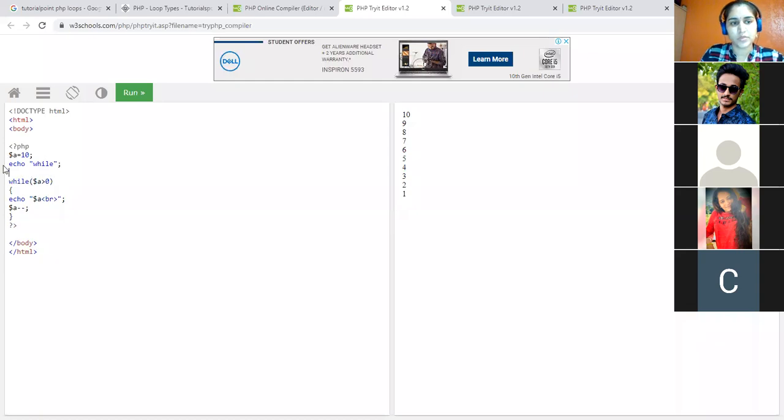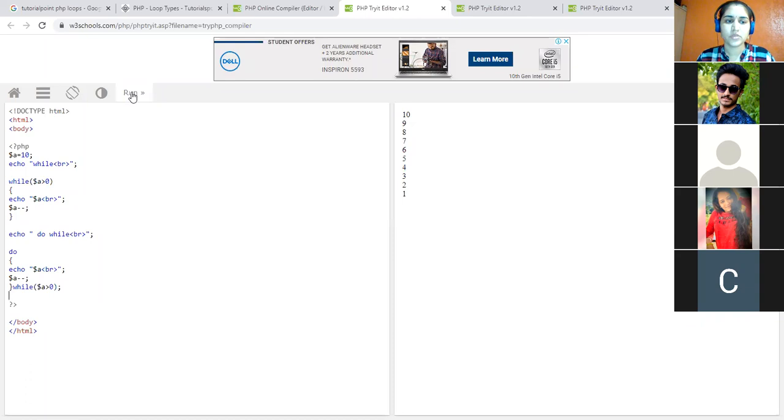Now suppose I want to display in do while. I'll tell you what the difference is. I'll copy it as it is, and instead of while, I write over here, this is the do while loop. Simply, I cut the condition and write do over here. It will display the value, minus minus, until this condition. Simply, I can write the do while loop like this. This is the exit control loop, as I told you. Now see the difference between both.